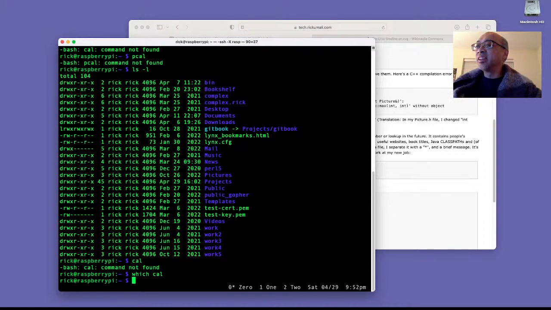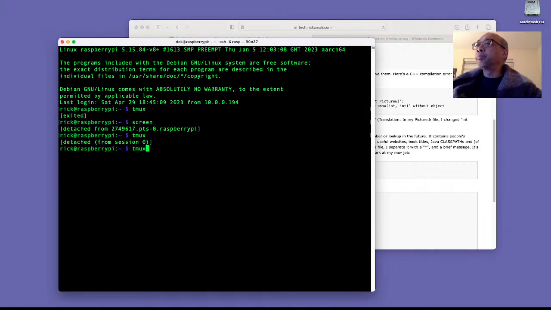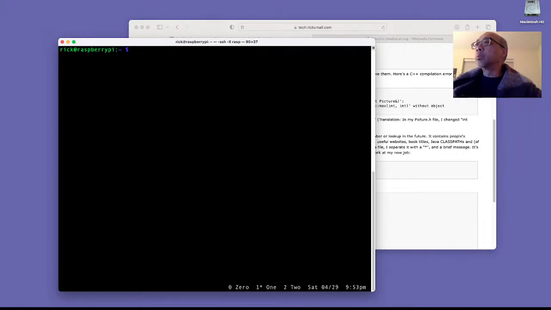Hang on. I'm blown away here for a second. Cal. Wow, it's totally not there. Okay. All right. So back in Screen, I don't know where my calendar command went. I thought that was a default command.